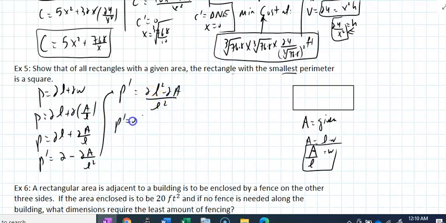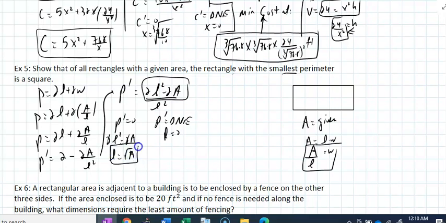Where does P prime equal 0? Where does P prime not exist? Well, that's when L equals 0. If you set that equal to 0, L equals the square root of A. Let's do the testing. If L equals the square root of A,